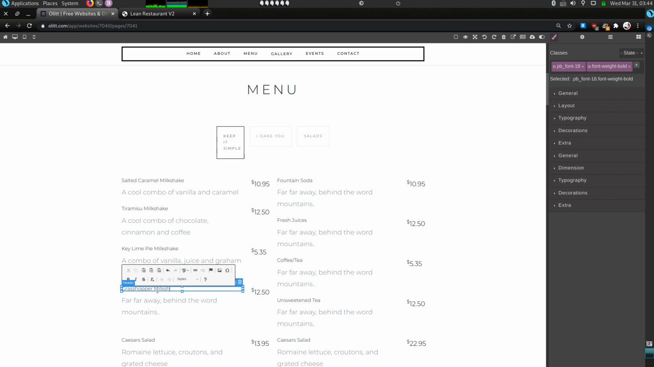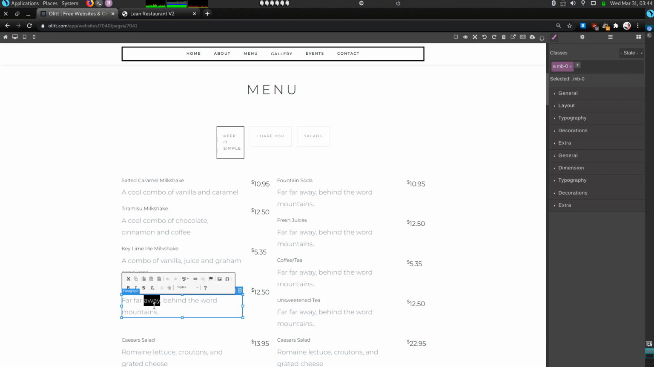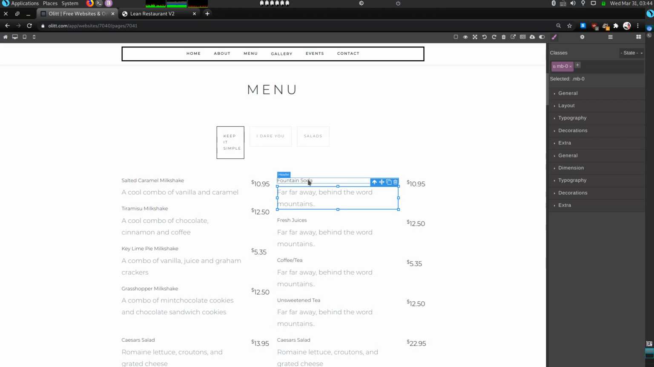grasshopper milkshake, and this is a combo of mint chocolate, cookies and chocolate sandwich cookies. Okay, for the next, I'm going to add chocolate covered strawberry milkshake,